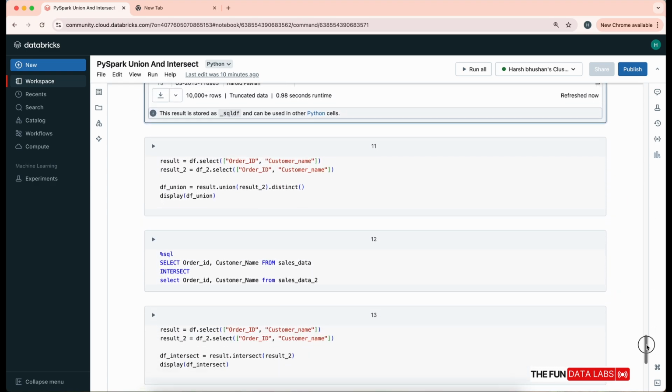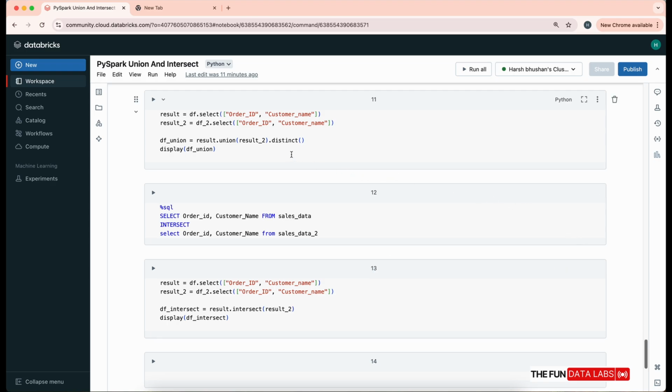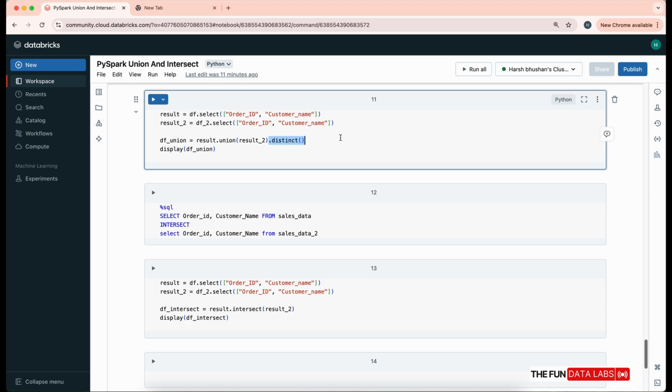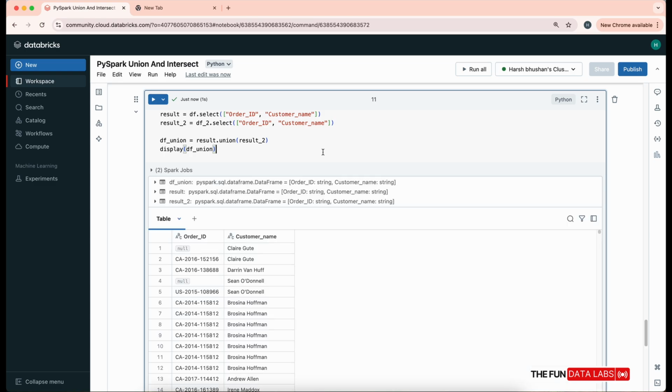We also want to apply union all functionality where we have two different data frames available, DF and DF2, and I want to select order ID and customer name out of both the data frames. Now you can see result and result2 data frames. We are making a union and we are not using the distinct method over here. That means it will just join two different data frames and it will give us all the results back, which will also include duplicate values in the results. You can also see the customer name has duplicate results. Let's go in the next cell